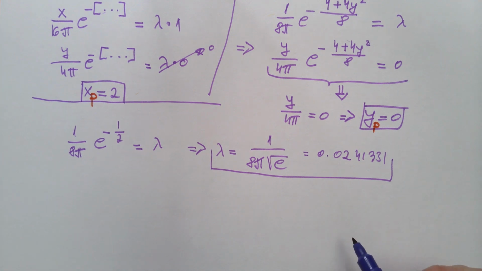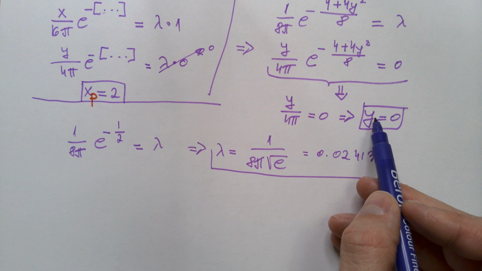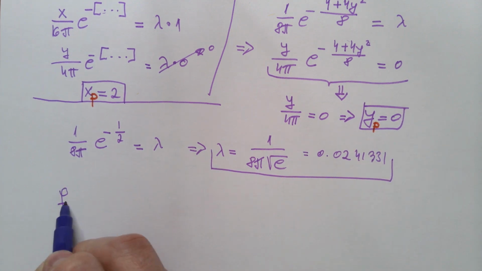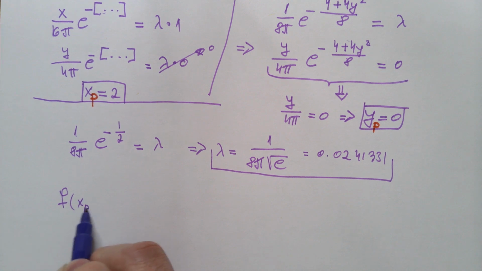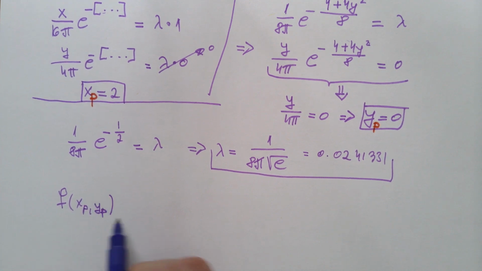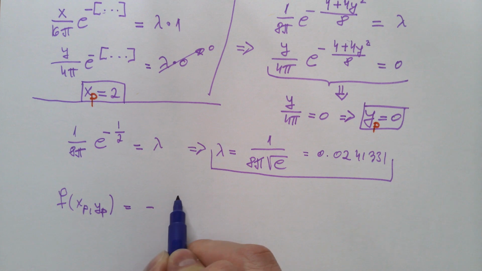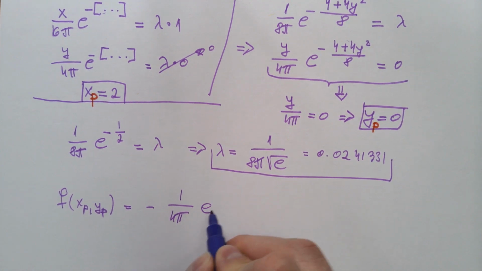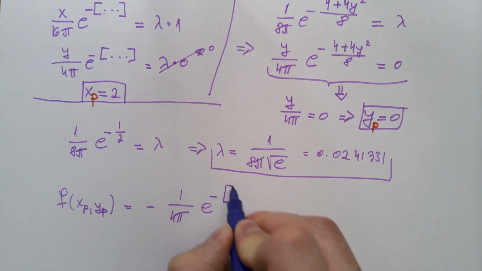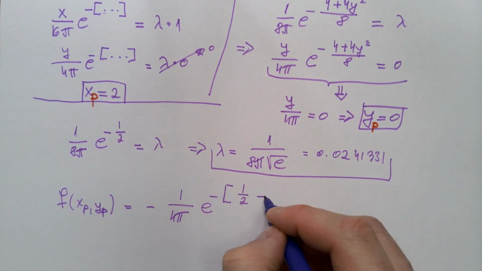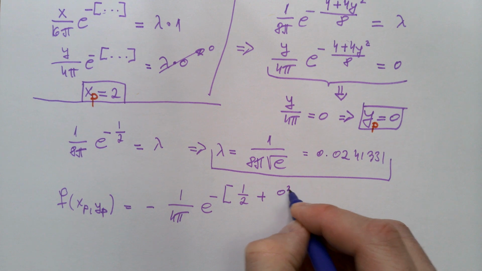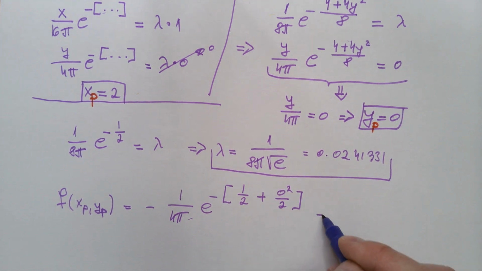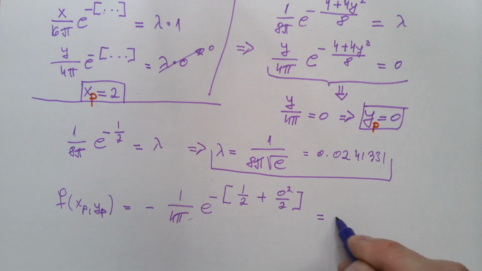So to find the value of our function using these inputs, we say that f of xp, yp is equal to negative 1 over 4 pi times e to negative 1 over 2 plus 0 squared over 2, and that is equal to negative